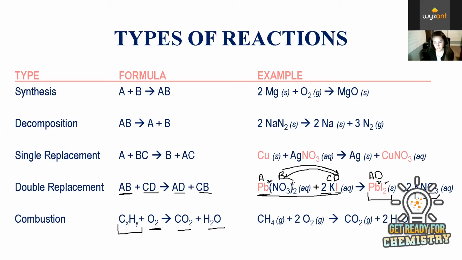The only thing to watch out for is that typically in AP, these will be word problems. It'll be like, write the combustion reaction of ethane or something like that. They'll give you the formula for the carbon compound. You don't have to know those, but the only thing you have to watch out for is the wording, because sometimes combustion reactions can be incomplete. If they're incomplete, that means they only produce CO instead of CO2. Now, if it just says write the combustion reaction, you assume it's complete. It will say specifically write the incomplete combustion reaction or something like that, in which case you would have to